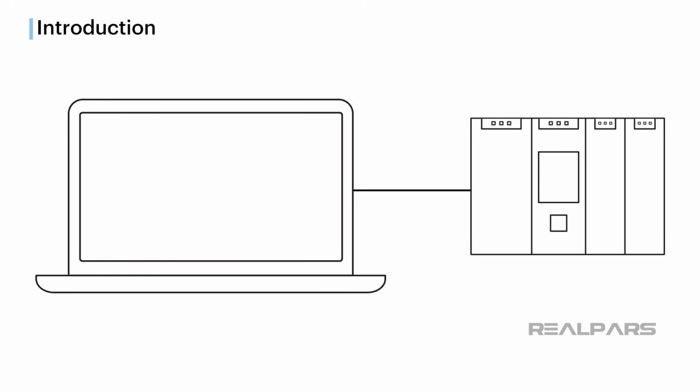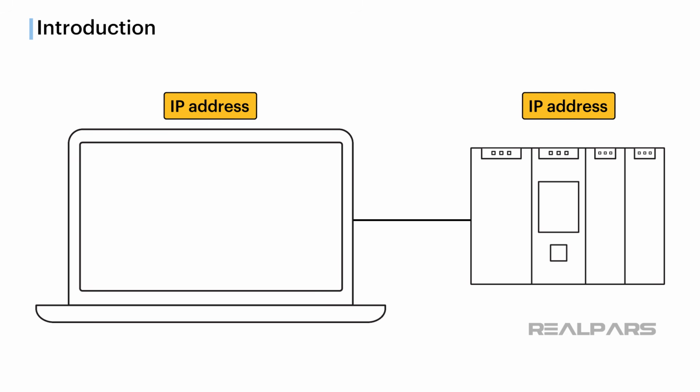In this video, you will learn how to set a static IP address on your PC so that it can communicate with another device on a local Ethernet network. When programming PLCs, you will need to configure the IP address of your laptop so that you can download and